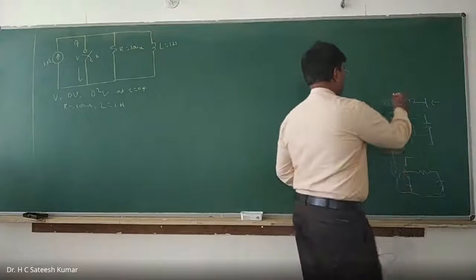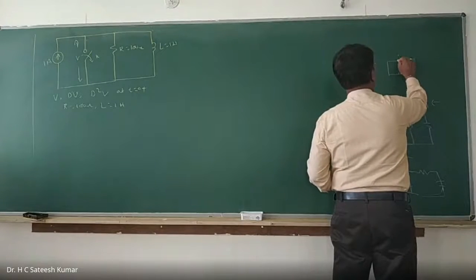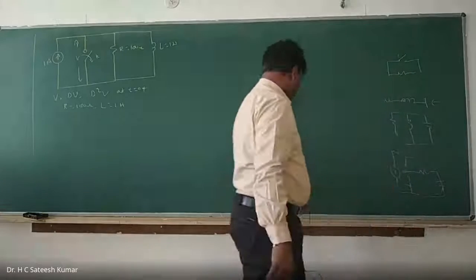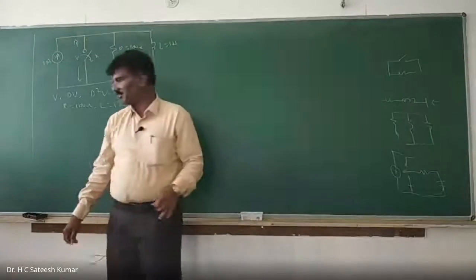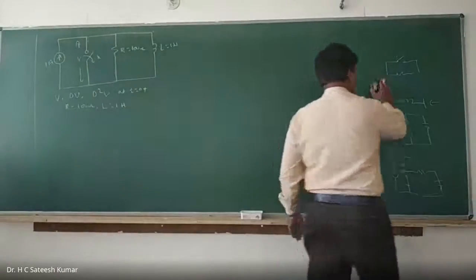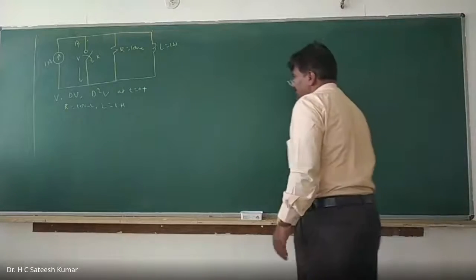Third one is a combination of both. Let us say, sometimes what they do is when the inductor is there, across this we have a resistor, and across this they will connect a switch. Like this. These are the 4 possible combinations they can expect in the examination, and each one will have its own way of analyzing it. Just observe carefully. But the basic principle remains the same.